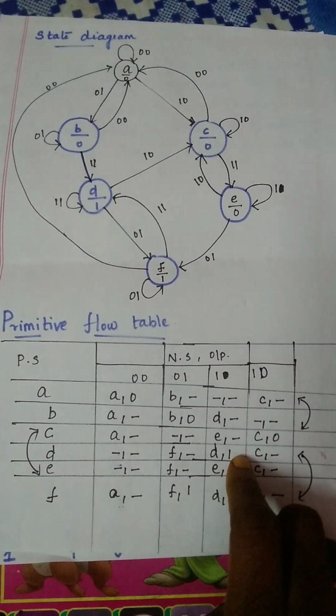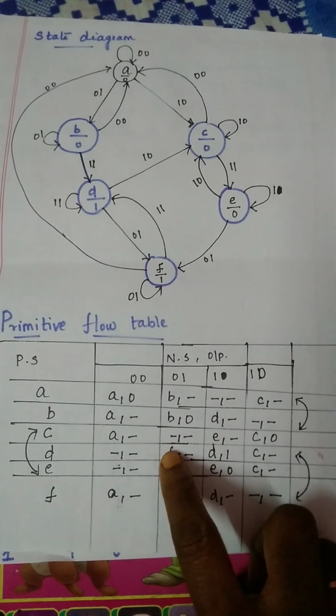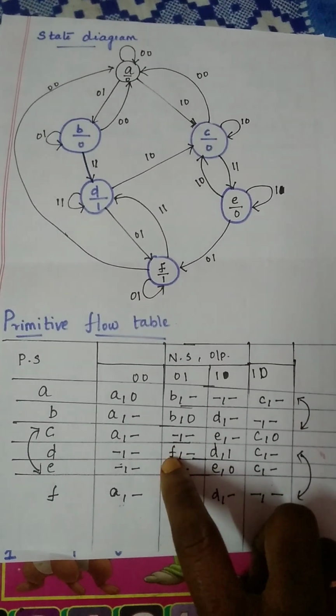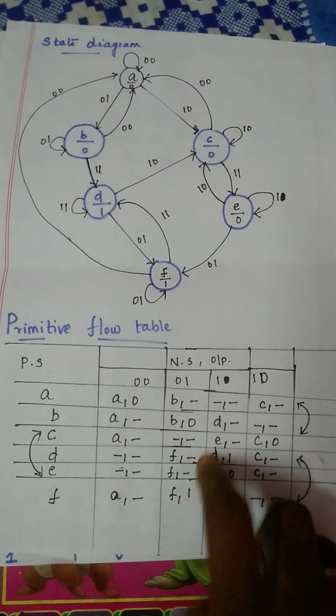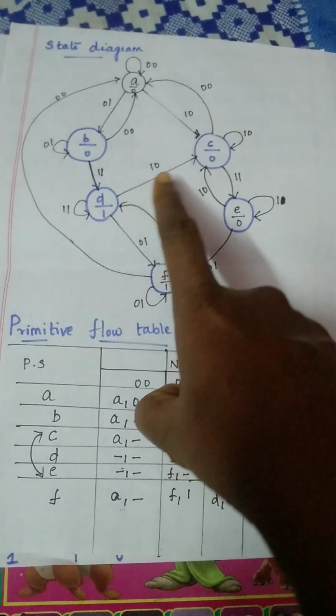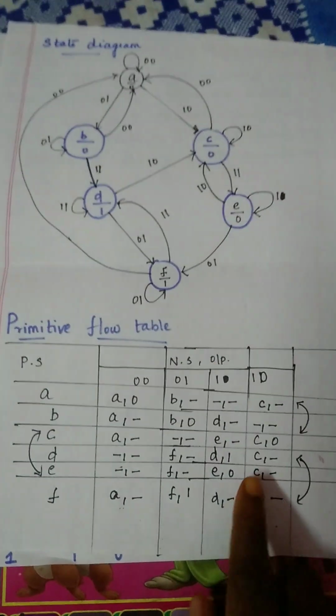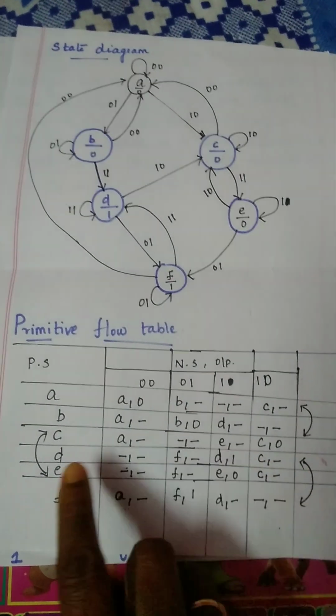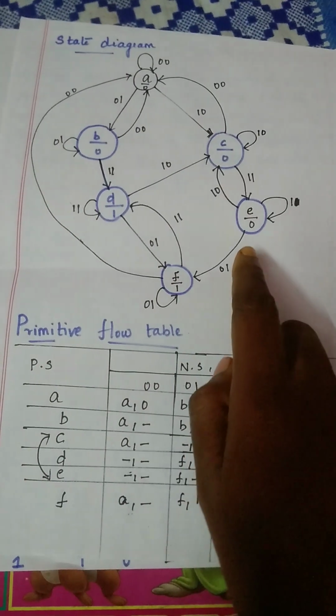Where is it moving? It is moving to F state. When it is 0 1, it is moving to F state. When it is 1 0, it is moving to C state. C comma dash. E. If you see E,